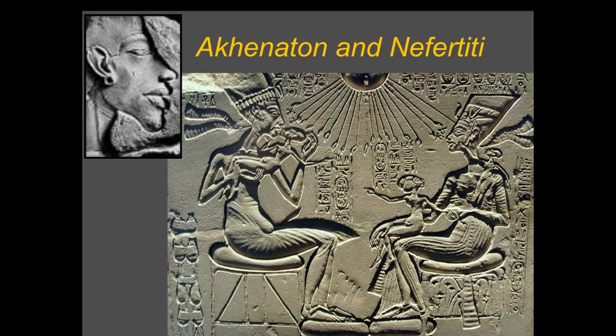So this is Akhenaten and Nefertiti, his wife, with the children. Again, you can see why people thought that they were kind of alienish, because they definitely look like that. But again, it's not so much that as they're more stylized.